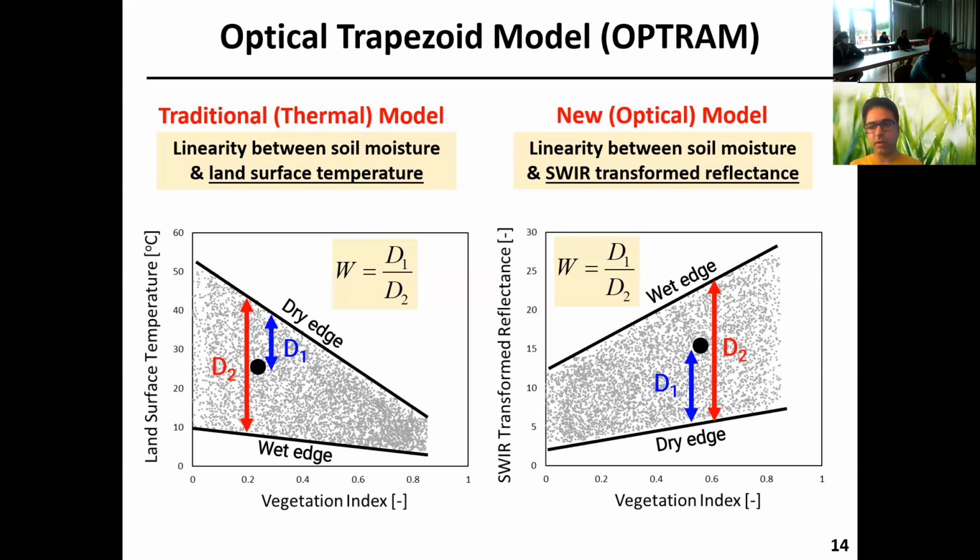It's a matter of the computational demands. So for our initial study, we just considered the whole watershed, put together all the data for all soils and all vegetation, and we had just one OPTRAM model for the whole watershed, and that's why we had